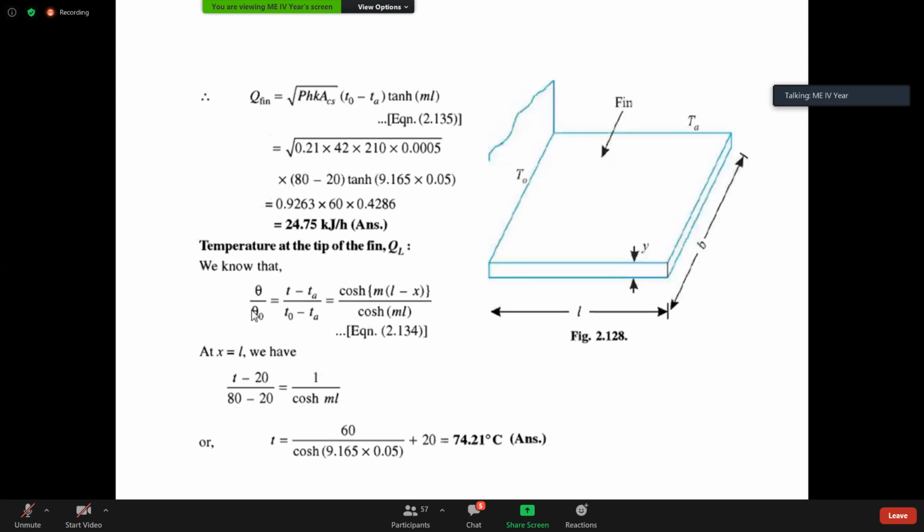Right? And this is the temperature profile. At x is equal to L, I am supposed to calculate. This is x is equal to 0. I have to find out up to the length, half length, let us say L by 2. So at this x, I have to substitute L by 2.